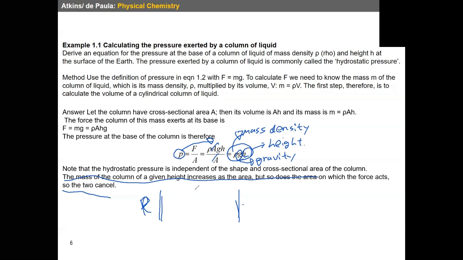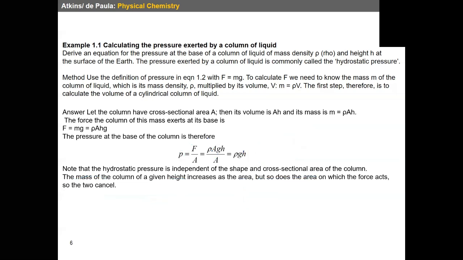Yeah, so this is the basic concept. There's some simple example of the hydrostatic pressure. I didn't say you should remember this equation, but